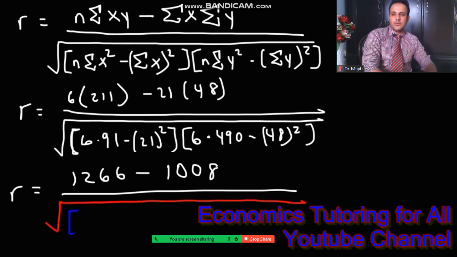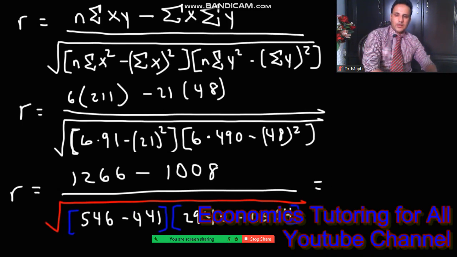Divide by the root. 6 multiplied by 91 is 546, minus 21 whole square, which is equal to 441, and 6 multiplied by 490 is equal to 2940, minus 48 whole square, meaning multiply 48 with 48, and that is 2304. Good. So if we calculate these values, the answer of the simplification of this is equal to